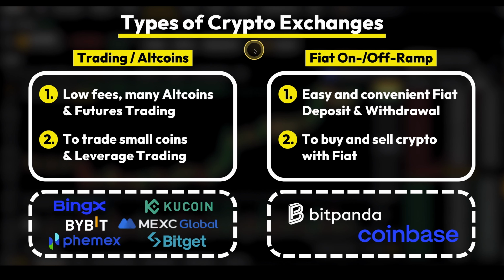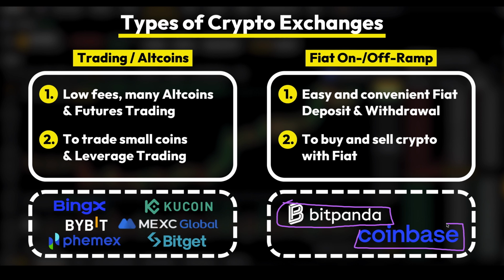On the right side instead, we have the so-called fiat on and off ramp exchanges. They have the benefit of very easy and convenient fiat deposit and withdrawal methods. So whenever you want to interact with your own bank account in your local currency, such as euro, British pound, or US dollars, you can easily buy and sell crypto with your own fiat money. My favorite examples of this type of exchanges are Bitpanda, which is my personal favorite, but an also great alternative